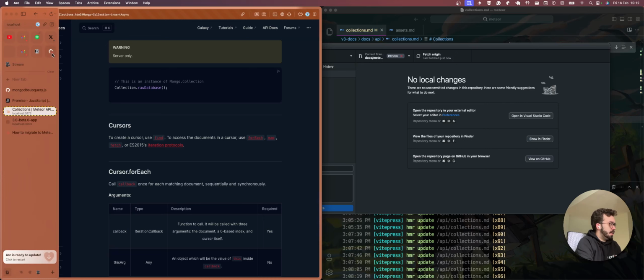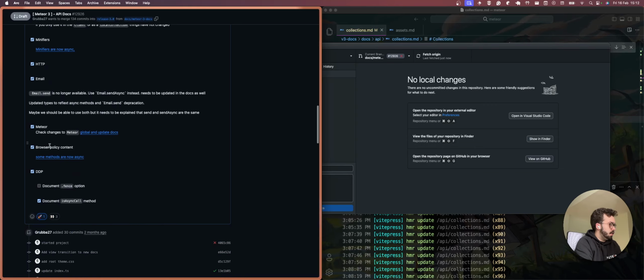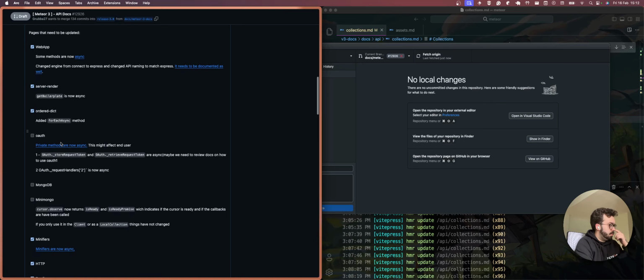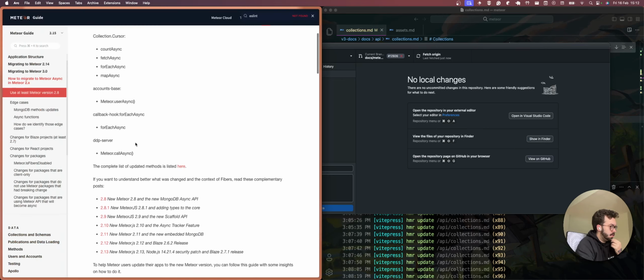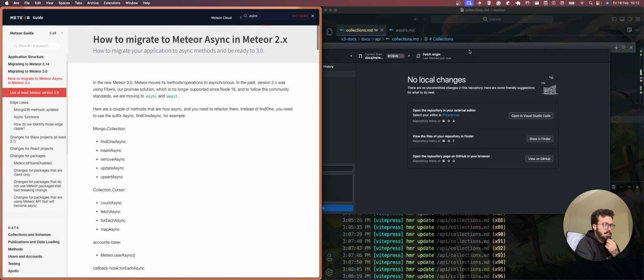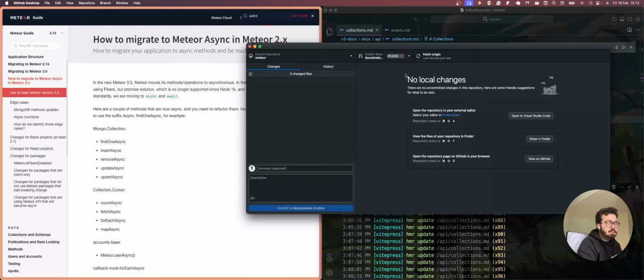And yeah, we'll see what I have later on. Probably this one and this one will be done, and then I'll check something else to do. Probably we'll check the other doc because it says something, and so probably I need to check it, like Meteor user async, and then we'll see what I have left. Well, let's continue.